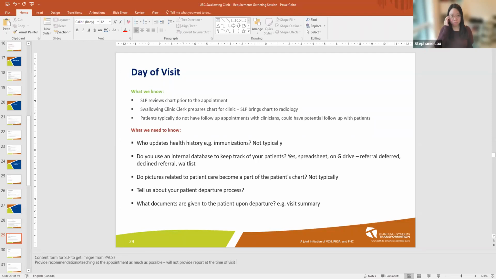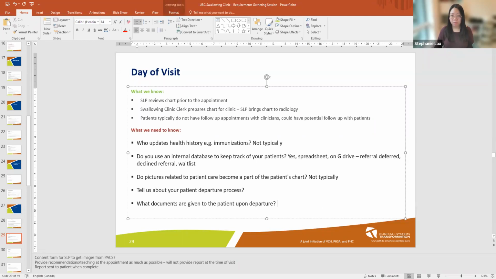Do you guys send the report to the patient after it's been completed? Yes. And the report is the one that is up with the template where all three kind of write into it. Yes. Okay. Yeah, I have access to that one. Does the patient get any handouts when they leave? We might email them handouts or additional information, but we don't typically hand them anything physical at the end of the appointment. Okay.